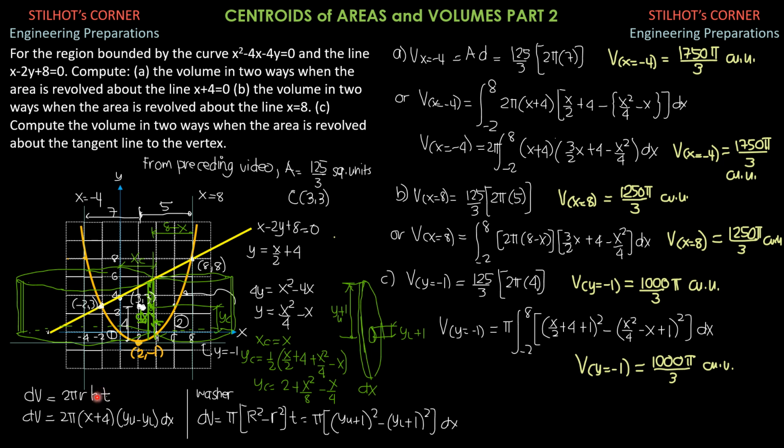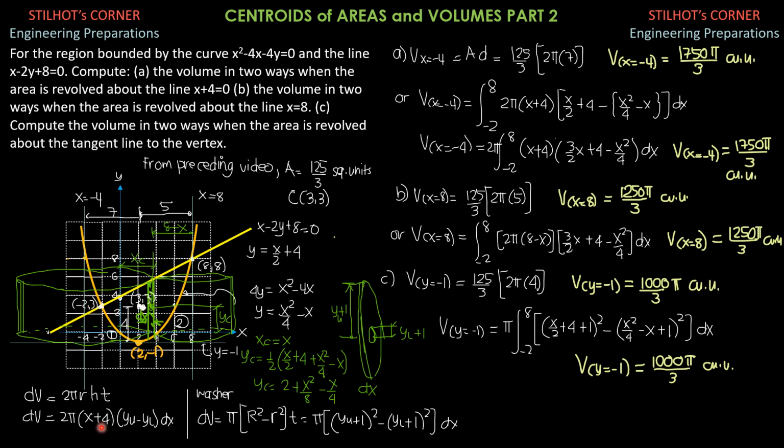The height is upper y minus lower y, and the radius of revolution, because we have here 2 pi times radius of revolution, from the y-axis, the distance of the vertical strip is x sub c, or simply x, and the distance from the axis of revolution would now be x plus 4, or x minus -4, so that's why we have x plus 4. So of course that's x plus 4, the radius of revolution.